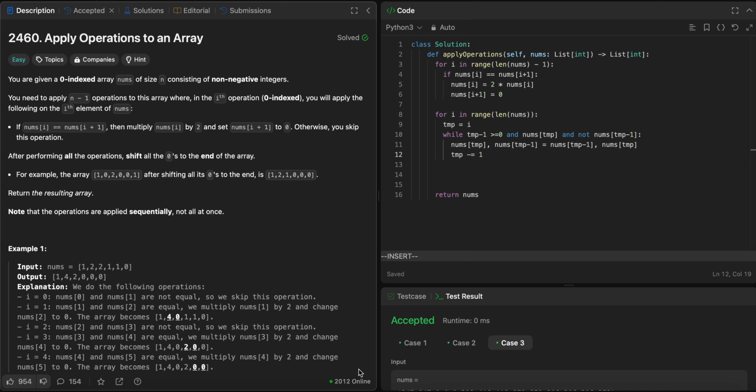To another daily Leetcode challenge. Today we have Apply Operations to an Array. It says you're given a zero-indexed array nums of length n that has positive integers, and you need to